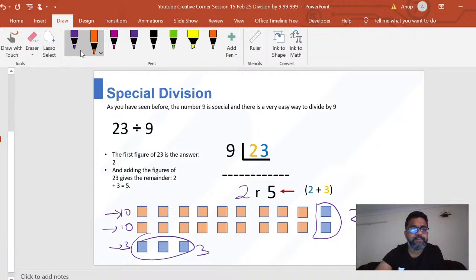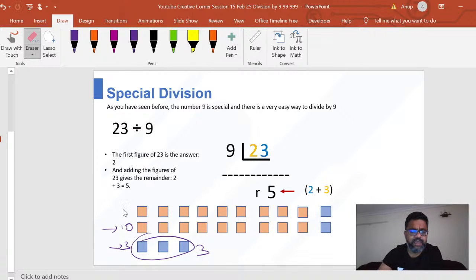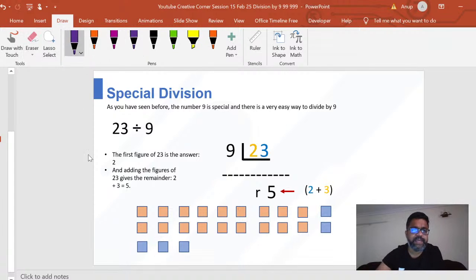I hope you are able to get this. This is very straightforward. The very first time I learned this, I was thinking, how come this works like this? But then I did some research and I got some materials, of course, from the same place where I learned my Vedic maths. I found my teacher putting these in blocks and then explaining. Then it struck me, okay, yeah, it actually makes sense, right?